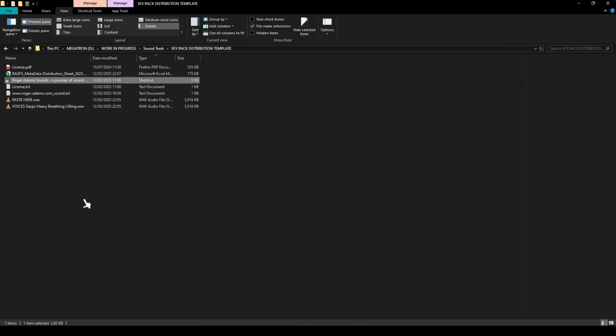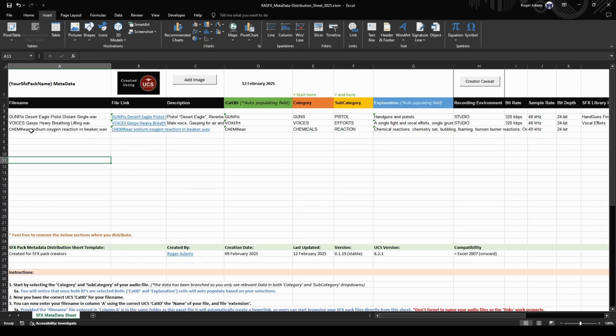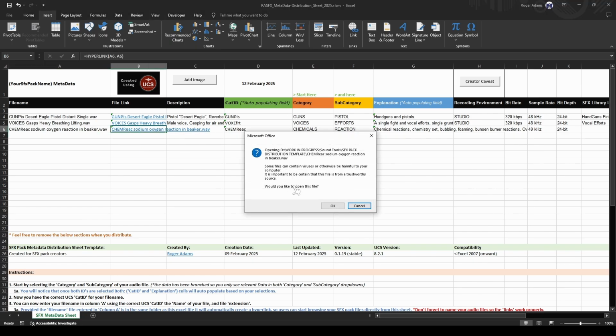But for the sake of this, we've now copied our file name, and we will just paste that in there. Let's get rid of that last piece. So we've now got an audio file in our repository with the name that we have just created in our metadata sheet. Now you'll notice if I click that link, it will now attempt to open that file that you've just created,